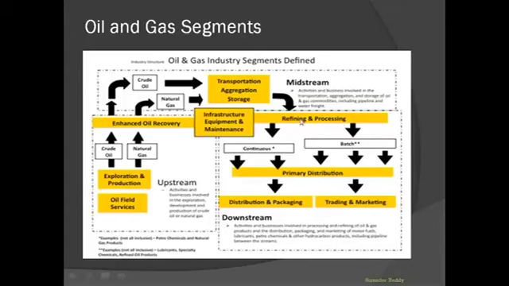After storing into silos, we will refine the crude oil or natural gas into finished products. After that, we will transport the finished product. Continuous transportation, batch transportation: if we are using pipeline transportation, then we call that continuous transportation. If we are using road, rail, or marine transportation, then we call that batch transportation. After transportation, distribution, packaging, trading, and marketing, these activities come into downstream.